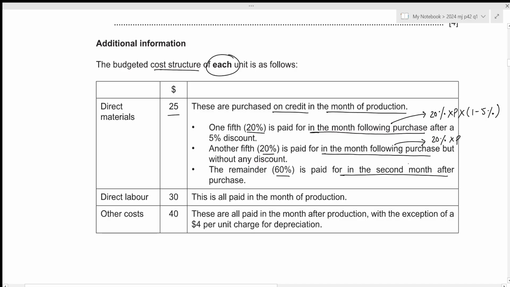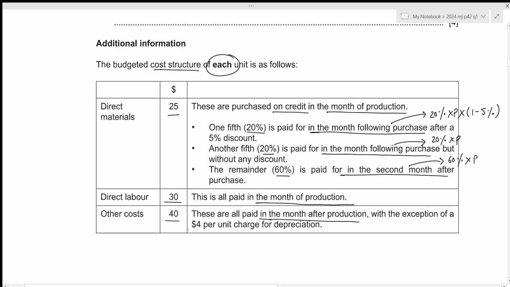Again, there is no discount. So in the second month after purchase, we'll be paying 60% of the total purchase amount. Now for direct labor, each unit will require $30, and this is all paid in the month of production itself. Then other costs are $40 per unit, and these are all paid in the month after production, with the